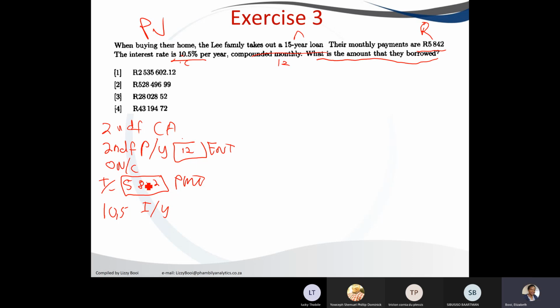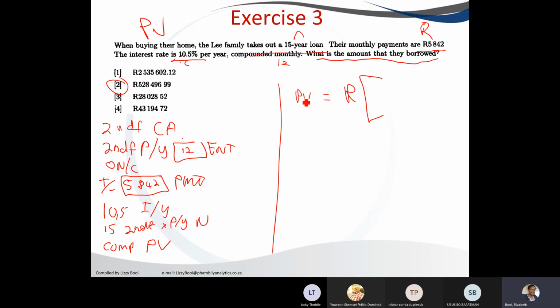And our period, they want to take this loan for 15 years, so it will be 15, second function, and again to store the value. And then when you say comp, and you say comp present value, your home loan will be 528,000. Those who are calculating manually, present value is equal to R times